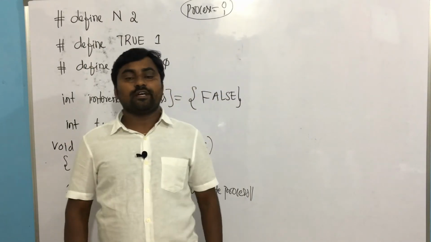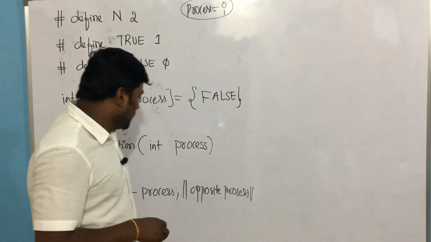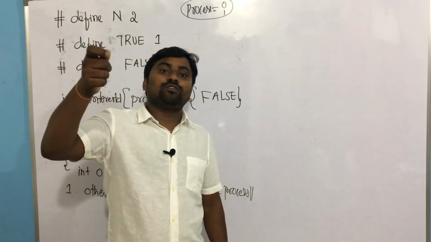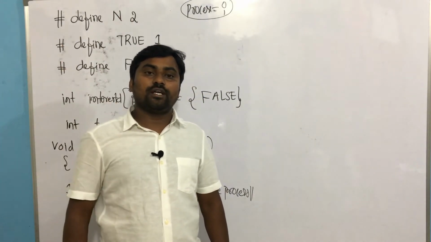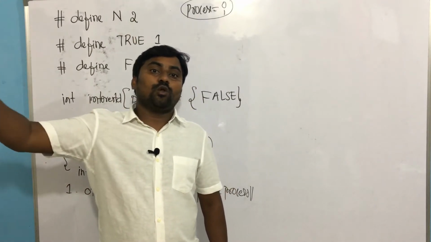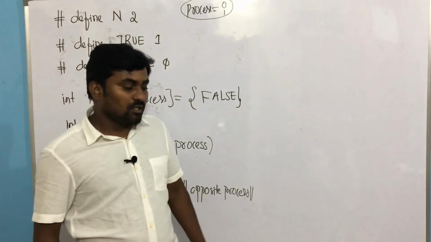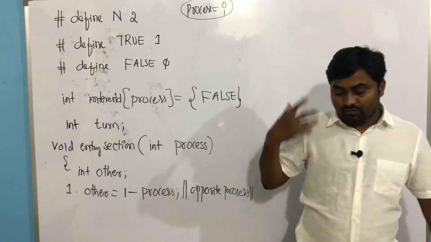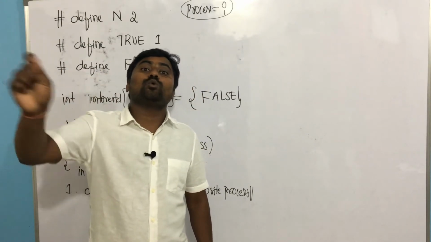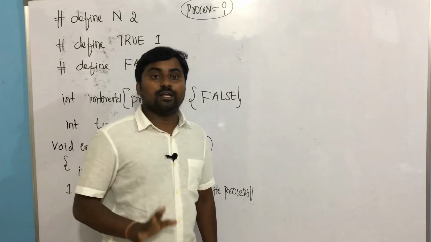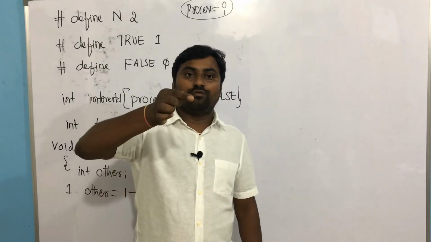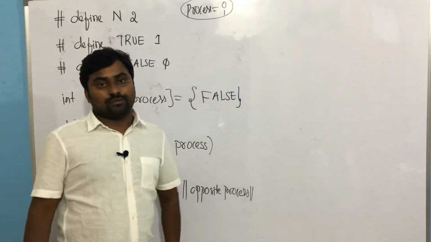Now who is going to use the critical section? There are two choices. The process which updates the turn value first is allowed to use the critical section, or the process which updates the turn value last is allowed to use the critical section. There are two choices, but conventionally I'll go with first come first serve. Now whichever process updates the turn value first is allowed to use the critical section. Very clearly I am telling, the process which updates the turn value first is going to use the critical section. Are you getting it?